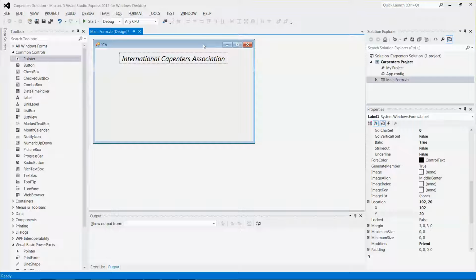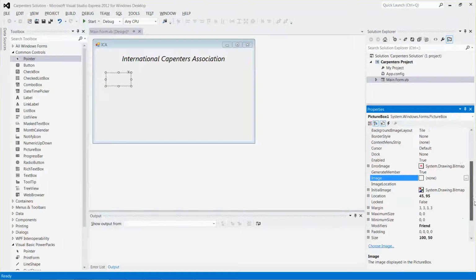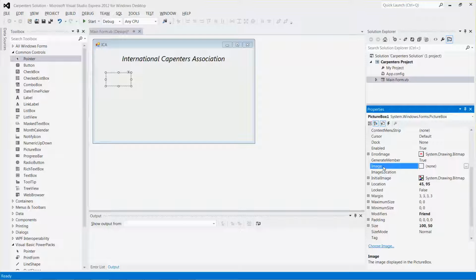So let's do step D. Step D says to add a PictureBox control to the form. So again, drag and drop a PictureBox, and it should display the image stored in the ica.png file. You can go to the Image property of the PictureBox, so just click this